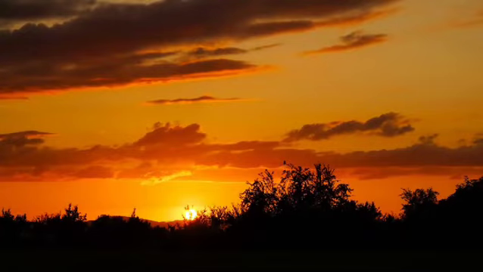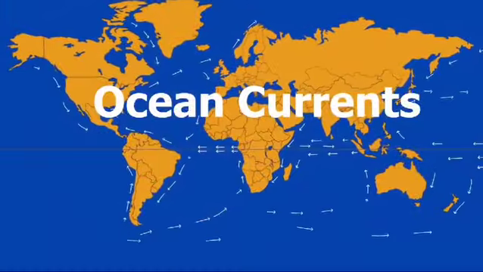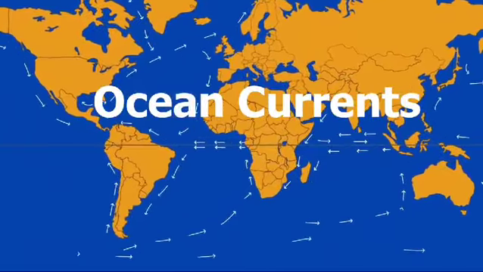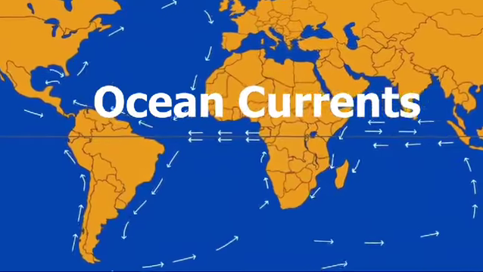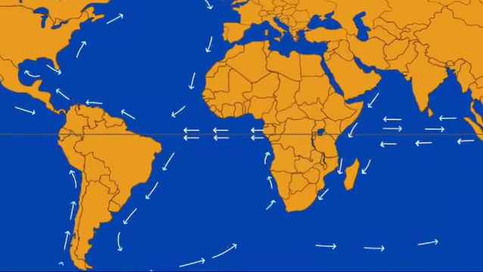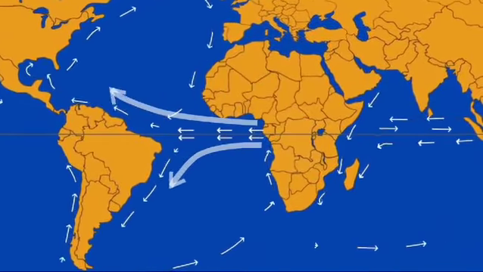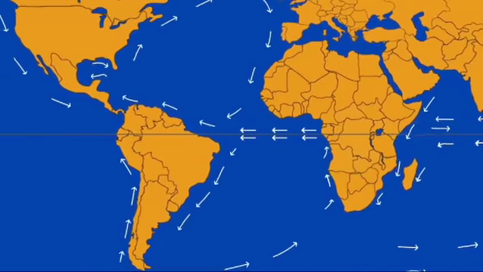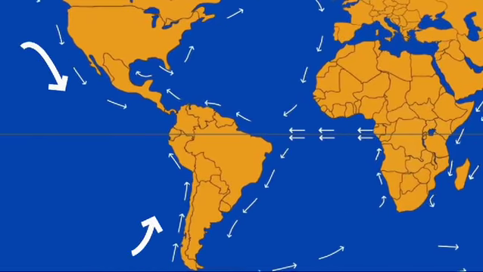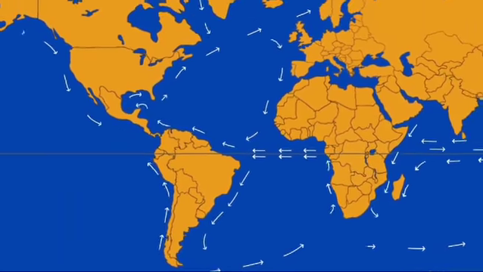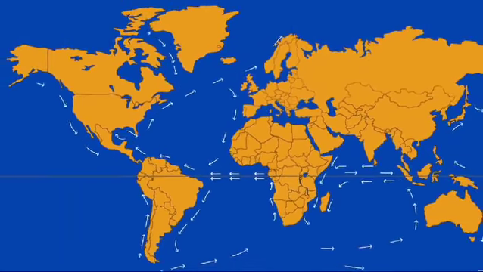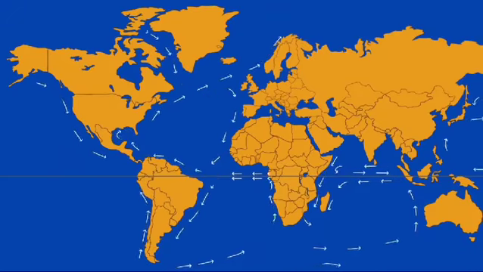Next factor is the ocean currents. Ocean currents are large masses of surface water that circulate in regular patterns around the ocean. The warm currents move from equator towards the poles and the cold currents move from the poles towards the equator. For example, any coastal area with warm or cold currents flowing past it will be warmed or cooled if the